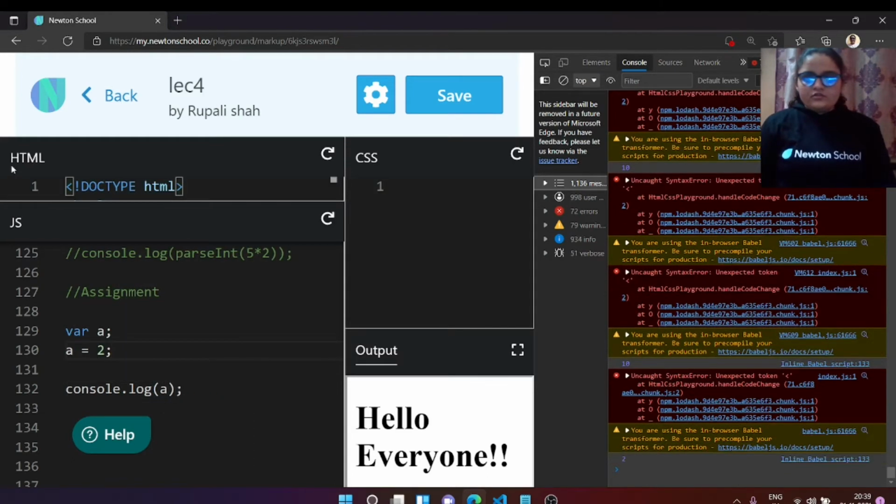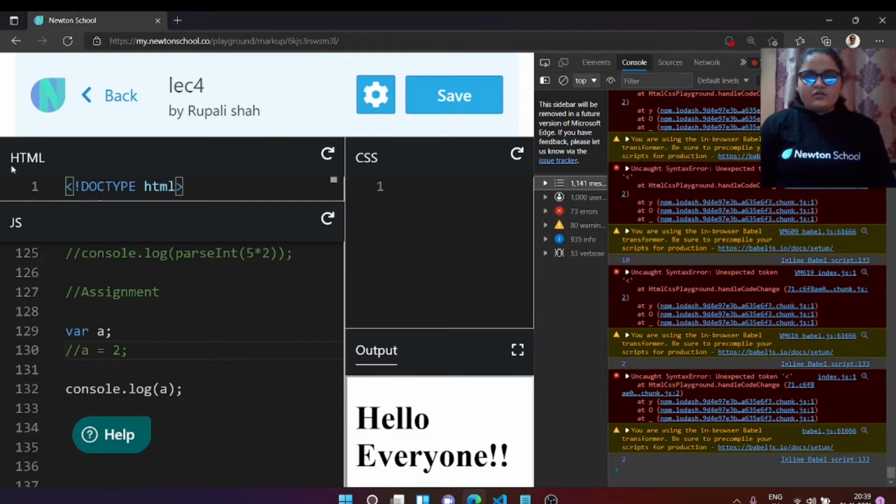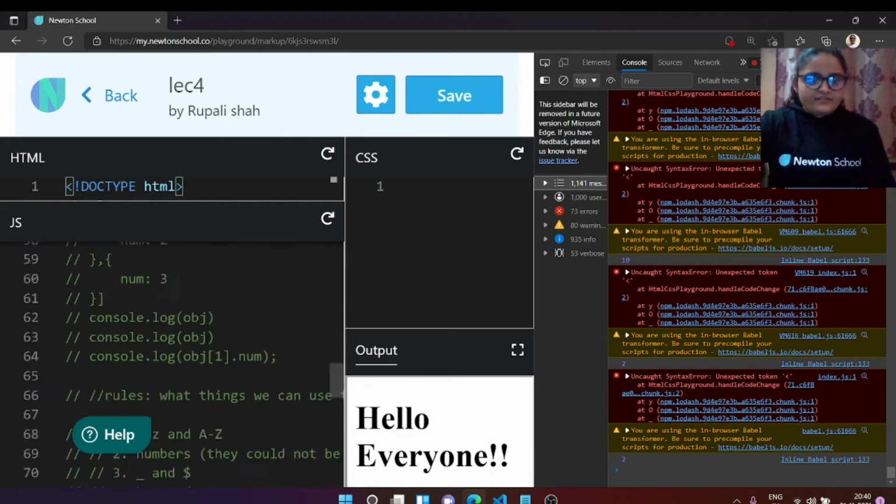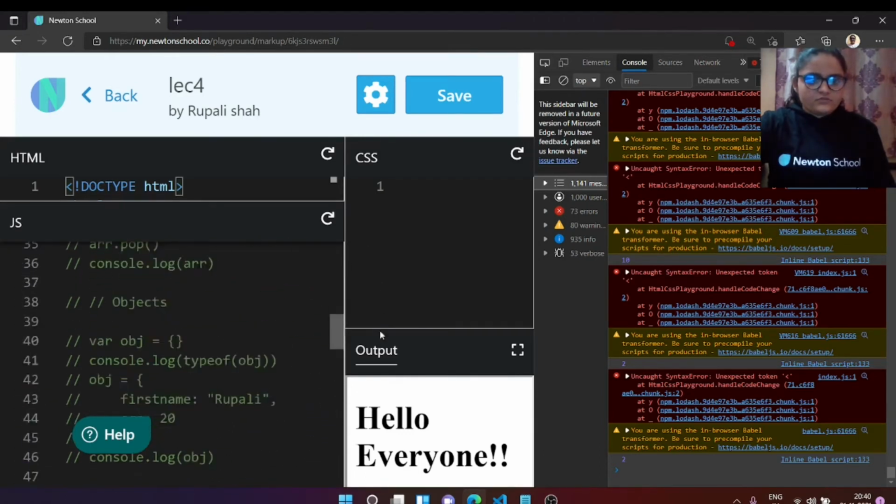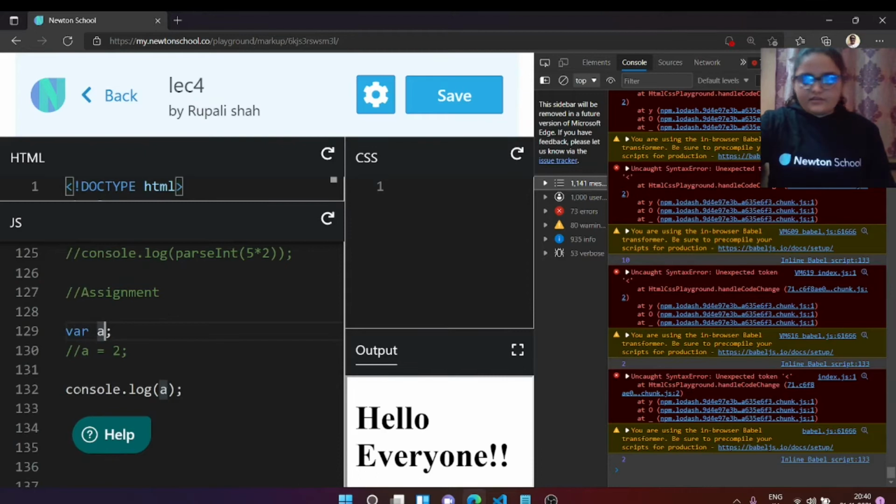Okay, so right now you can see 2 because we have assigned a value, but if I don't assign a value, it's still giving us 5. Why? I guess previously we have given a some value. So yeah, we have given it a value once. That's why I guess it's giving us this.